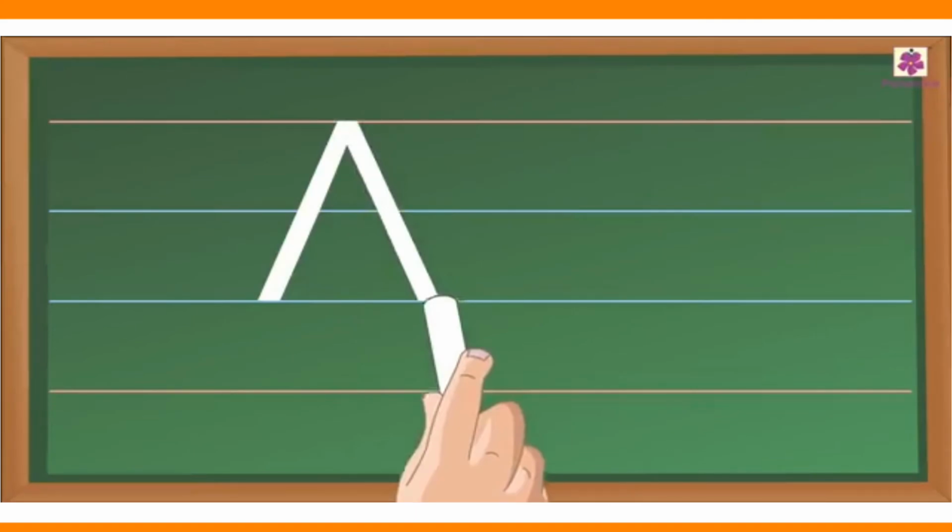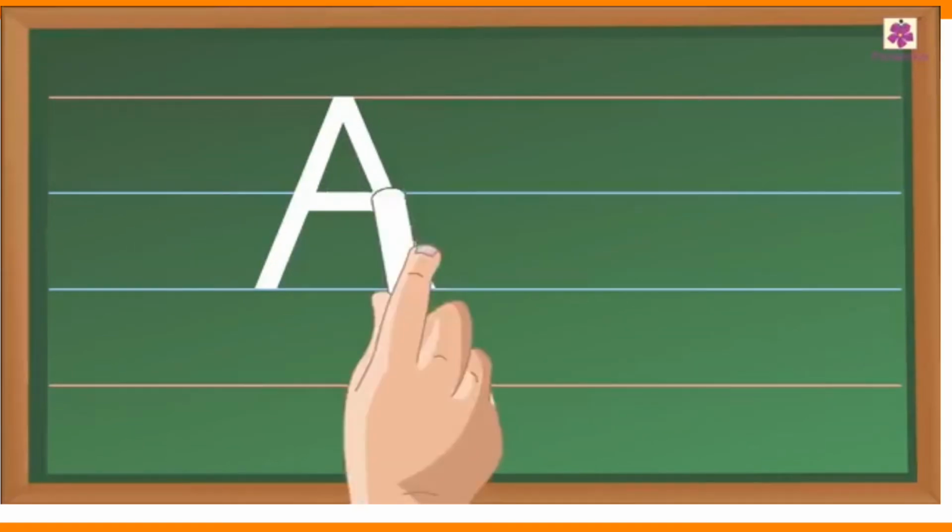This is capital. First we will write capital A. We will start from the top and drop a slanting line, go to the top and draw another slanting line down to the opposite side. Then go a little below and draw a sleeping line like this, in the middle. Okay, like this we will write A.